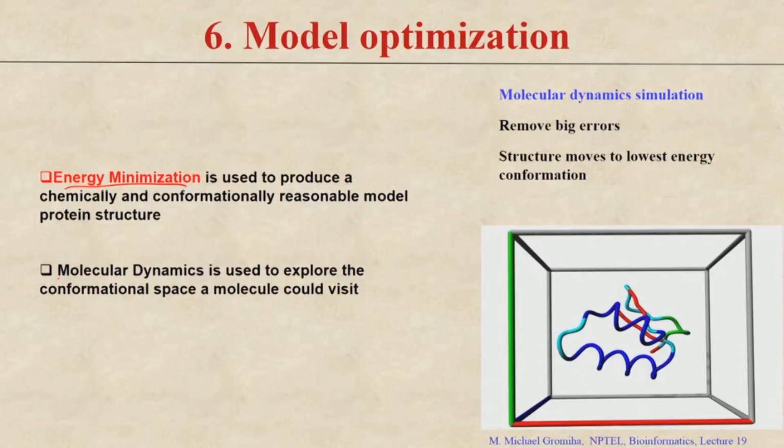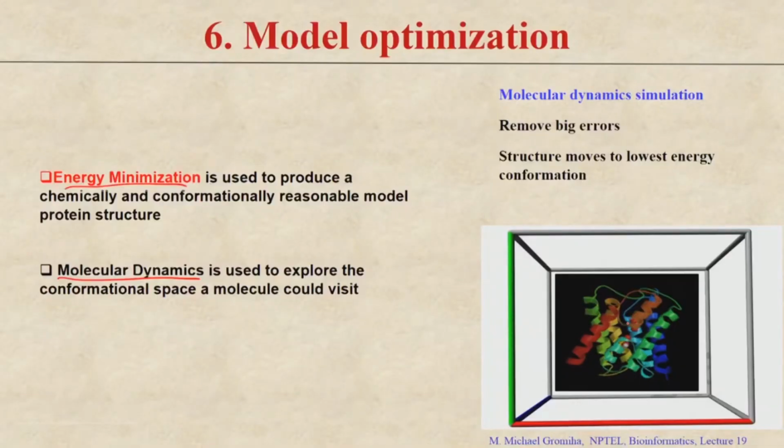Then we can also use MD dynamic simulations to see what possible conformations your protein can visit over different periods of time. This can also help remove large errors and reach a low energy conformation. You can see this is the backbone, and if you do the dynamics, finally you will get the stable